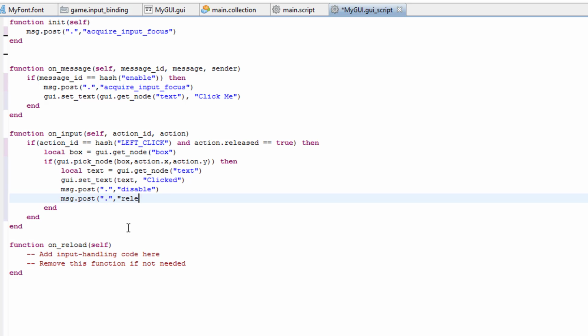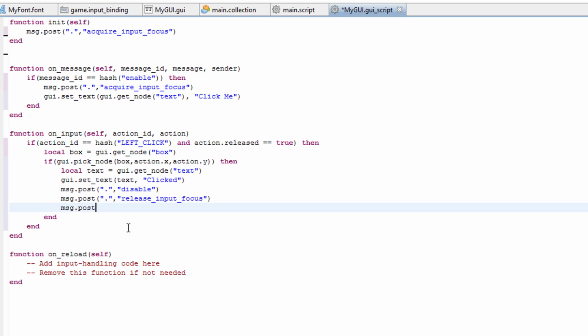Message.post. Again, this one is probably superfluous because I believe this is automatically done by the disabling of something, but you know, let's be thorough here. So we're going to get rid of input focus just in case. And this last little bit is what we're going to do